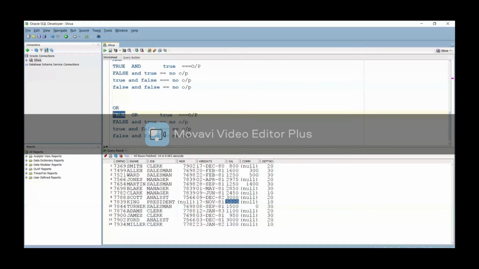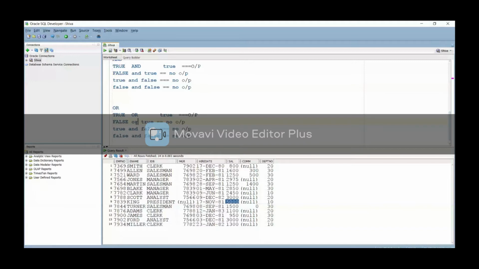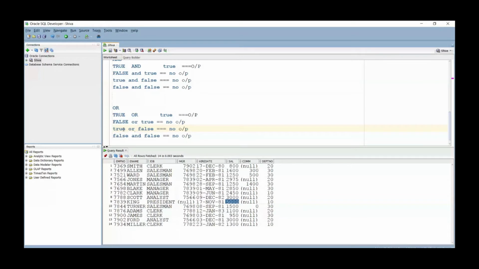Now false and true. It will provide the result based on the true condition, based on the first condition. Here you won't get the output.